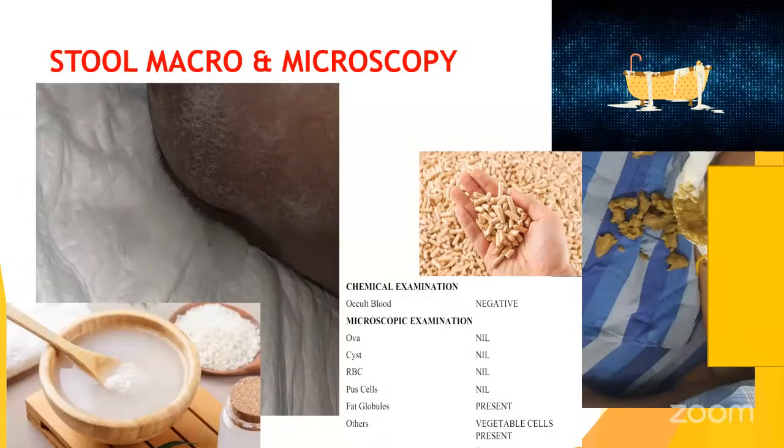So diarrhea is altered stool frequency and consistency, the volume of diarrhea being more than 200 ml or the weight being more than 200 grams. For the Indian population, who take a high fiber diet, it is almost 300 to 400 grams.